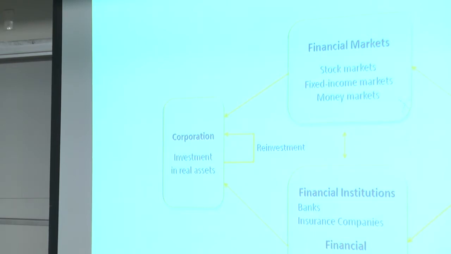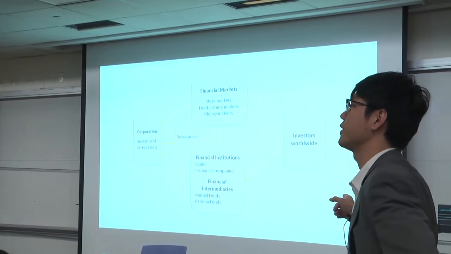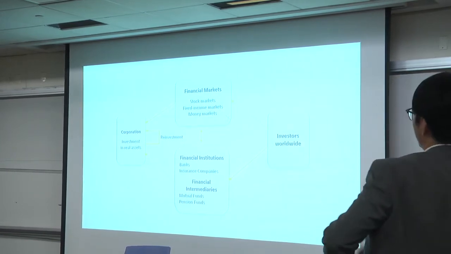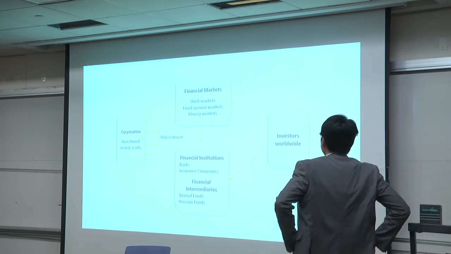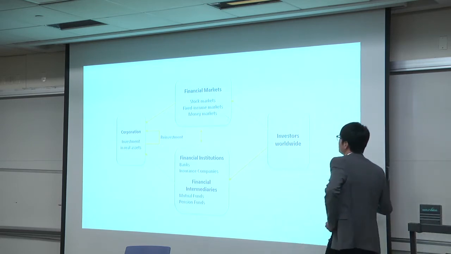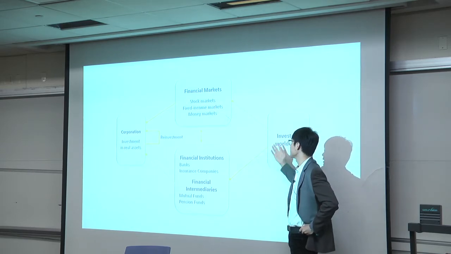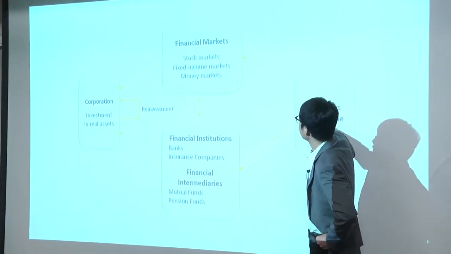So this is a pretty important graph in your chapter 2. I believe you should have access to these slides from your professor. You should have seen this graph before, when you were learning chapter 2. This graph is the fund flow of the financial markets, institutions, corporations, and investors. The money ultimately all comes from investors worldwide.